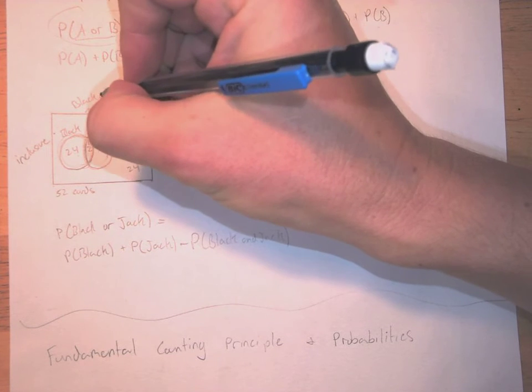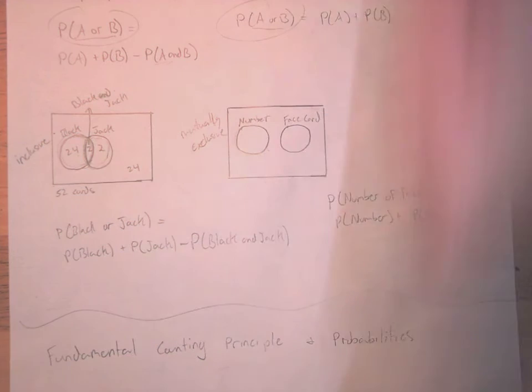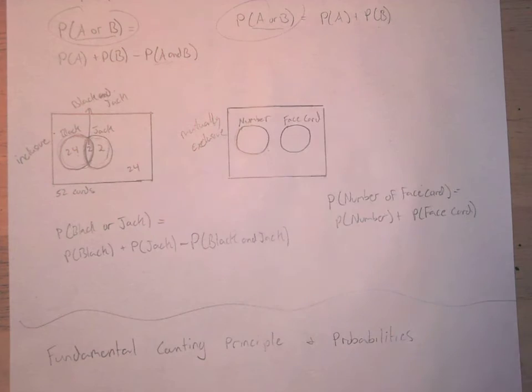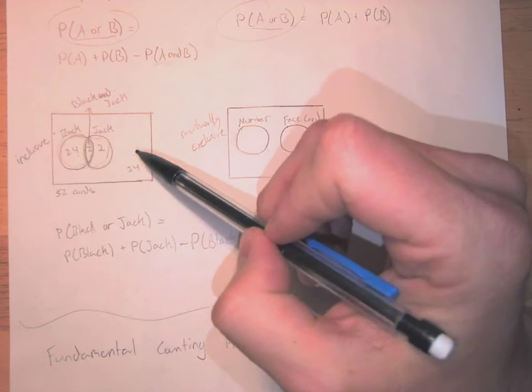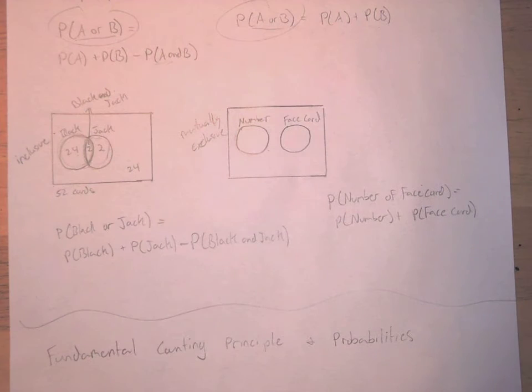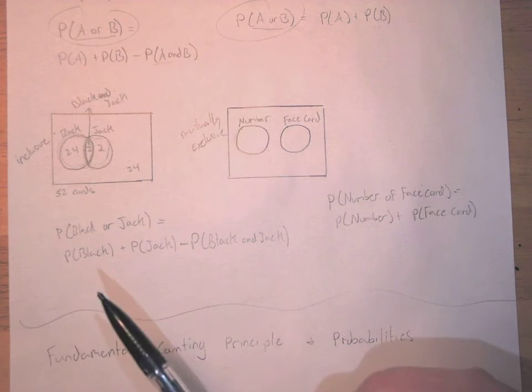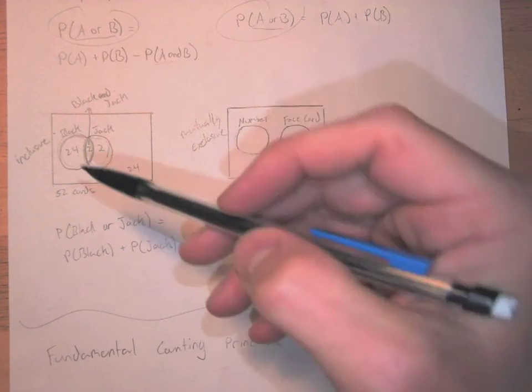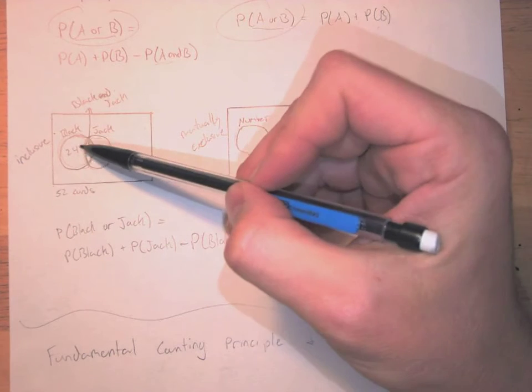And this is kind of what we're going to be talking about more today, is the and scenario. So and is that overlap, okay? There's 24 cards that are neither black nor jack. That's what that 24 represents. And there's 52 cards total. Okay, so if I wanted to find the probability of getting a black or a jack, that's 24 plus 2